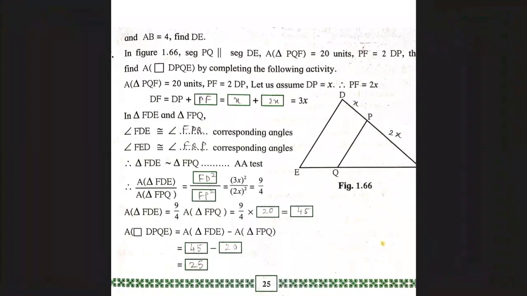Area of triangle PQF is 20 units. PF is 2 times DP. So let's assume DP is X. So PF will be 2 times DP, so 2X. Now DF is DP plus PF. So in the first box, you will write PF. That's equal to X plus 2X, 3X. In triangle